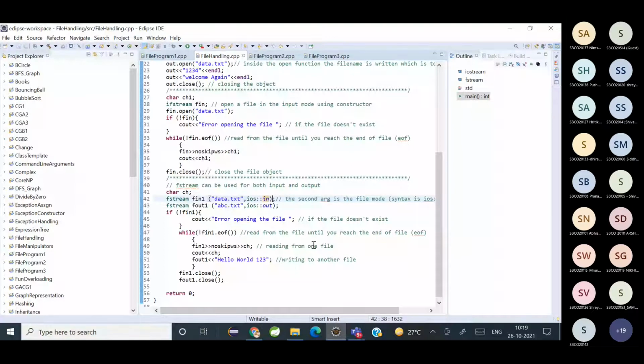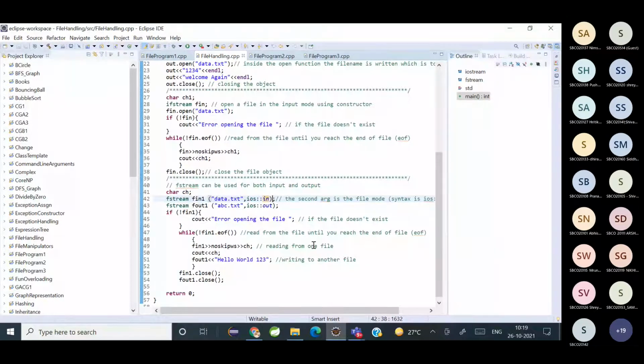And until you reach the end of file, you read data from the input file and write it to the output file. Once the entire read and write operation is done, you close both the objects. So that's what is happening between line 40 and 54.